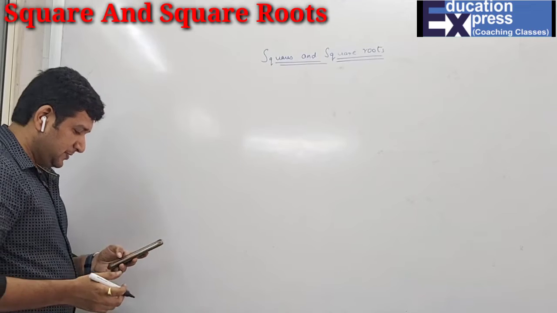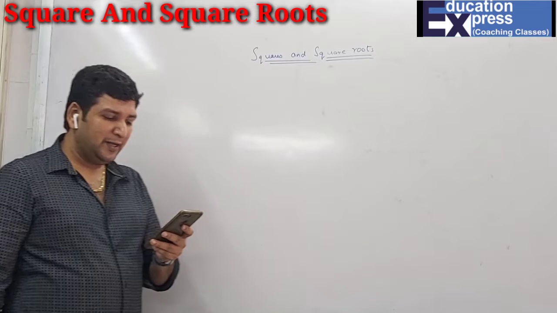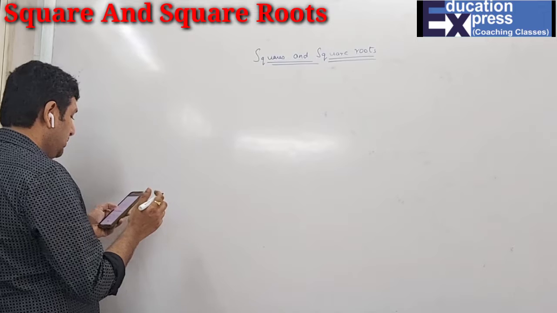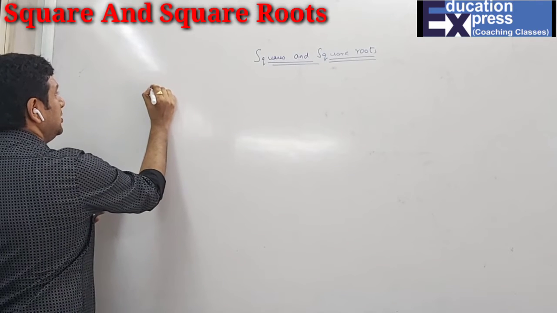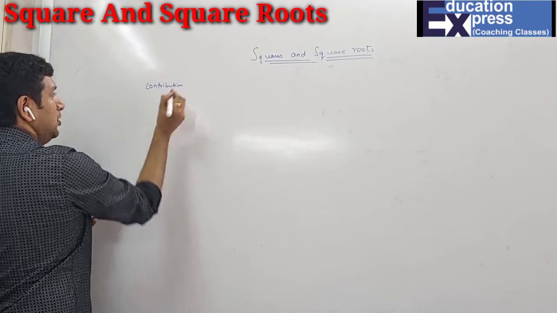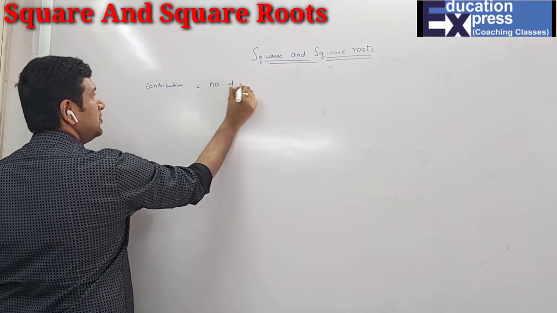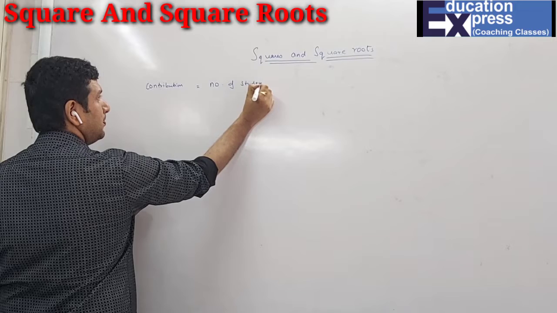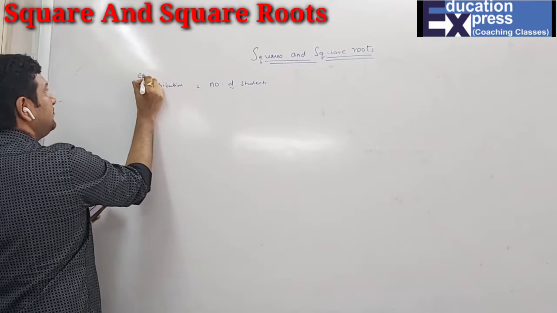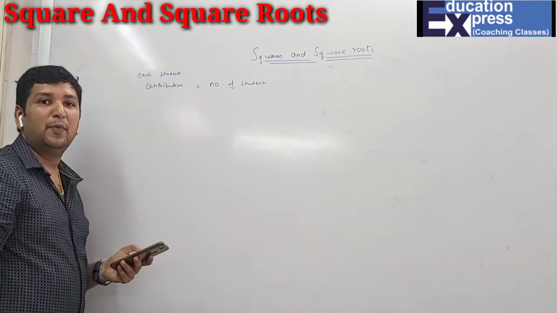Now we start the 6. The students of the class arranged a picnic. Each student contributed as many rupees as the number of students. So what's the condition, students, over here? Each student contributed as many rupees. That means what each student will give will be equal to the number of students. That means each student's contribution will be equal to the number of students.